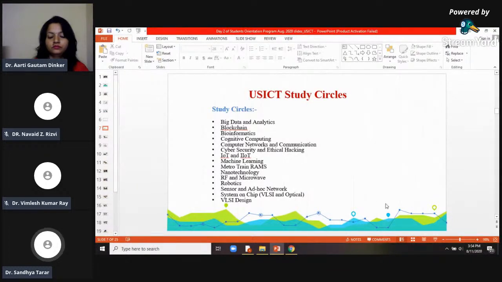Besides organizing workshops, interactive sessions, demo interviews, technology-oriented expert lectures, and workshops on these technologies, we also try to give them exposure to industry through industrial visits. And we prepare our students to train and educate themselves with recent cutting-edge technologies and niche areas. All these come under the fourth industrial revolution umbrella, or I can say artificial intelligence enabled technologies. This is what we do here at School of ICT in